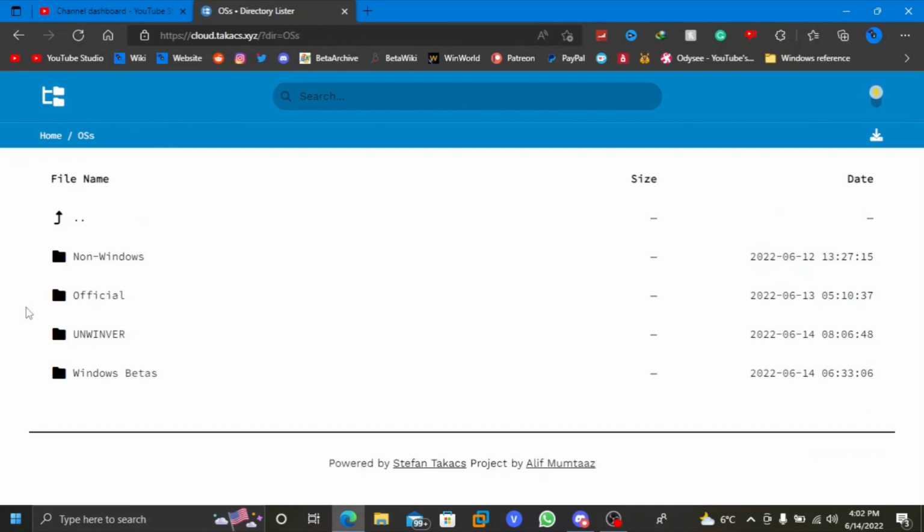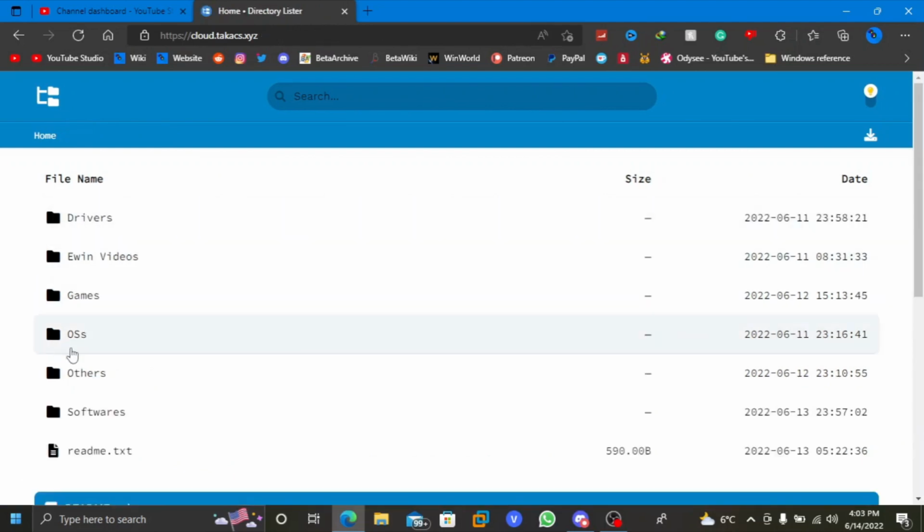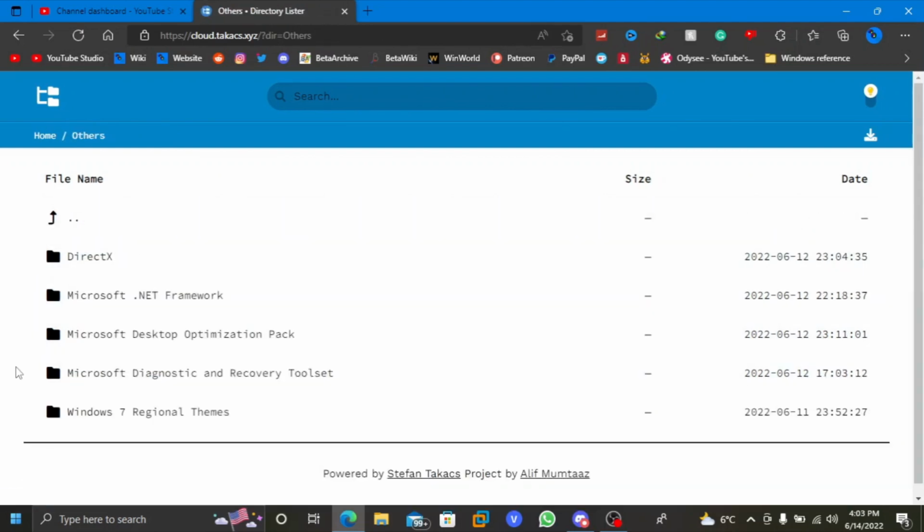I'm going to go up to the other one, which is Others. The Others is only a few things that are considerably okay, which is DirectX, .NET Framework, Microsoft Desktop Optimization Pack, which I didn't know about until Stefan had it in his backup drive or server, and Microsoft Diagnostic and Recovery Toolset, which I also knew, well, not really recently, but just a few months ago, and Windows 7 regular theme, which is provided from, I don't really know if it's Salt King or that random toast, maybe it's that random toast for sure, and